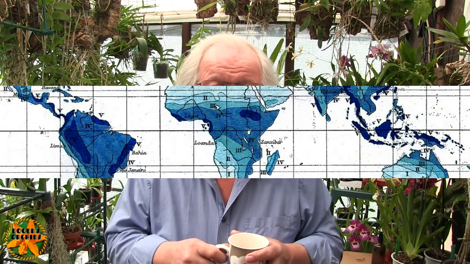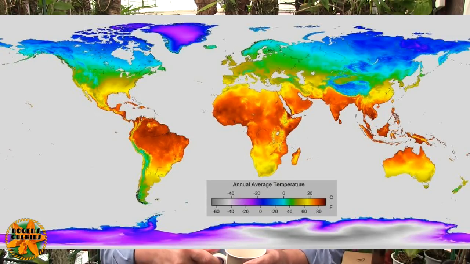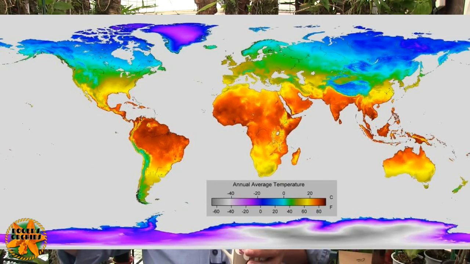Now let's look at the last map. This is temperatures. Hottest temperatures are up where the reds are, and lighter colours as it cools off. So again, where are the hottest areas? Straight through the middle, straight through the section where our orchids come from. Now these are averages, because at certain times of the year, that little picture of Australia down in there should be black. It's so flipping hot in the middle, not around the edges. That's why everybody lives around the edges, not in the middle. It's flipping hot there and dry. Anyway, so those are the areas of the world we're looking at.